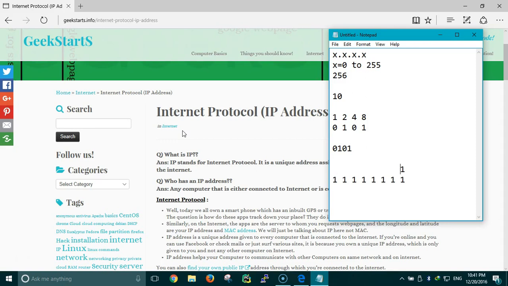This is 1, this is 2, this is 4, this is 8, this is 16, this is 32, the next one is 64, and the last one is 128. If you add all of these values, you would get 255. So that is the reason every address ends at 255.